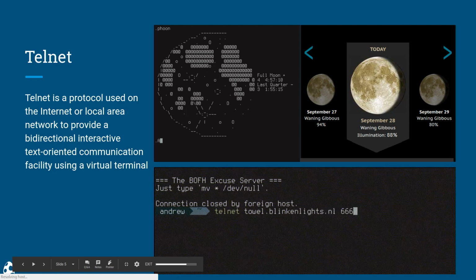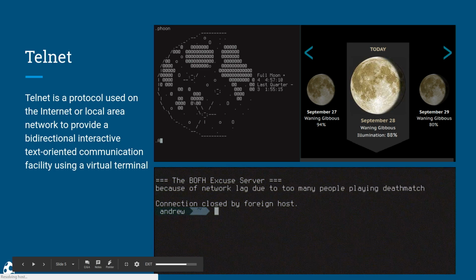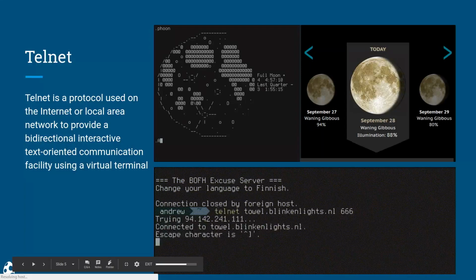And the first one here, it shows if you type in moon into a certain server, you can get an accurate ASCII rendering of the moon state. This is what they gave me, and next to it I put up the current moon state I Googled that day. And then, of course, there's just this one which gives you a bunch of obnoxious errors that you can send to your Slack buddies.